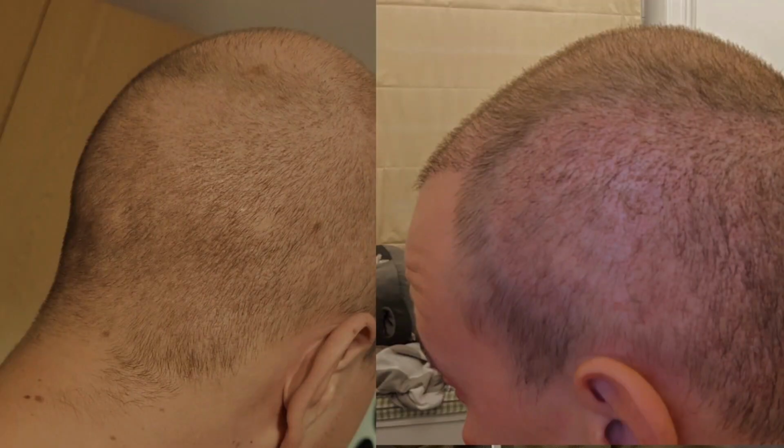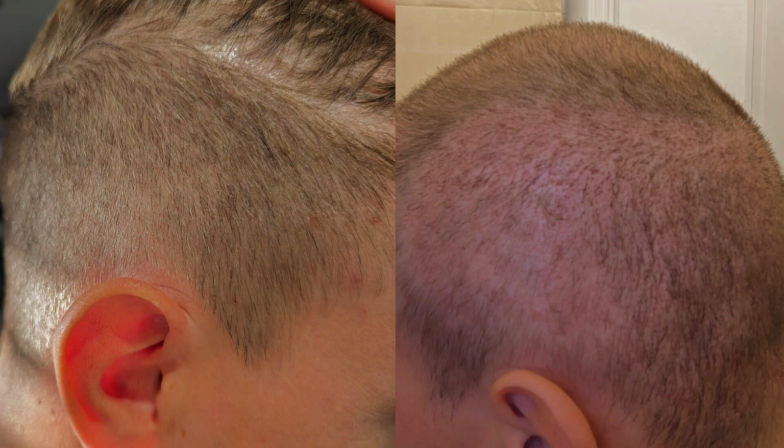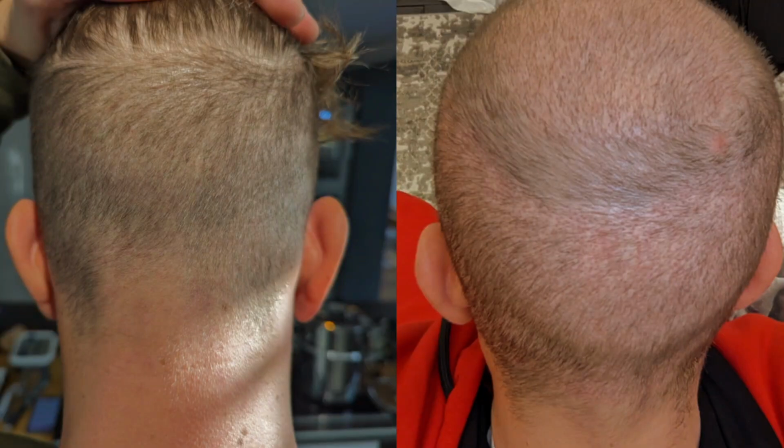I can show you as well pictures of my older hair transplant. I was looking through all my Google photos, and I found the side after 7 days, and there's absolutely no difference to where it was before the donor being taken to 7 days later. Whereas if I show you the pictures now, or I'll maybe do a comparison picture of what it was like before the hair transplant and now, after 14 days, after 2 weeks, I can see a massive difference in very little hair showing on the side and on the back of the